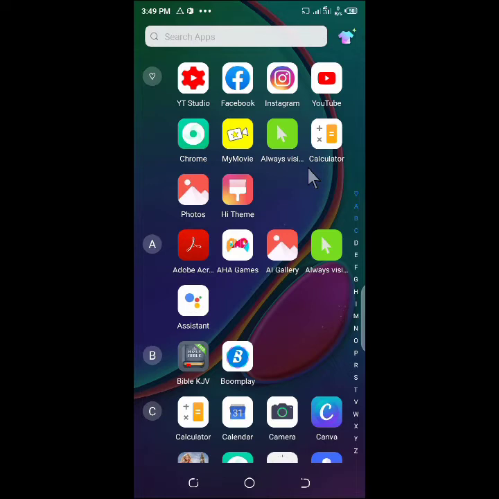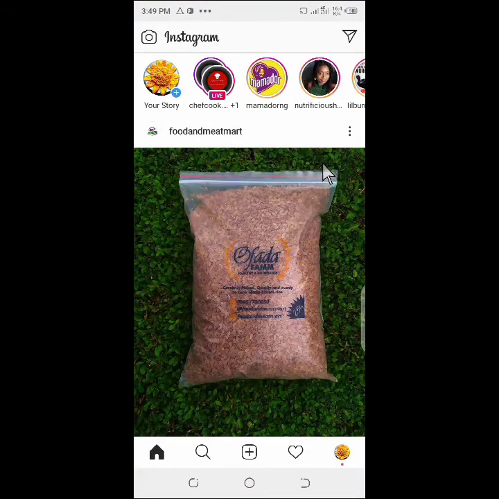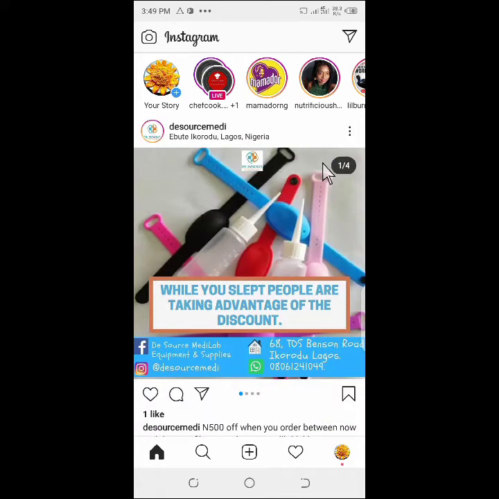So the first thing you're going to do is to click on the app. I have the Instagram app here. You click on the app. Once you click on it, it opens your news feed, that is your page, and here you get to find the accounts you are following. Take for instance, I want to unfollow this account here,